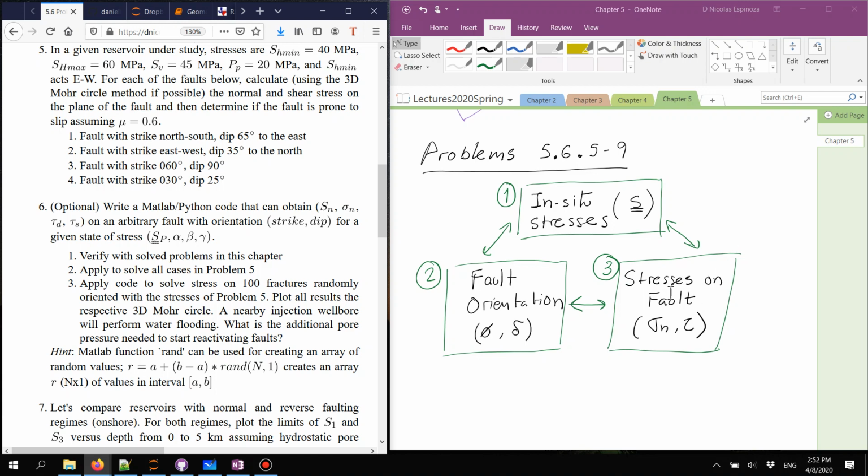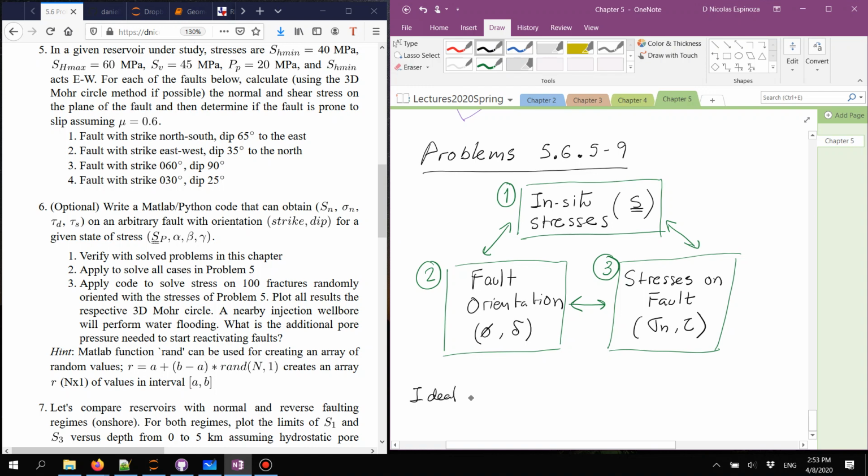In the problems of faults, usually we're going to have three different parts of the problem. The first one is the in situ stress at a particular location. The second one, the fault orientation. And the third one, what are the stresses on those faults? Those three components are somehow independent, and in most problems we know two of these and then we determine the third one. For example, in a problem of ideal orientation of faults,